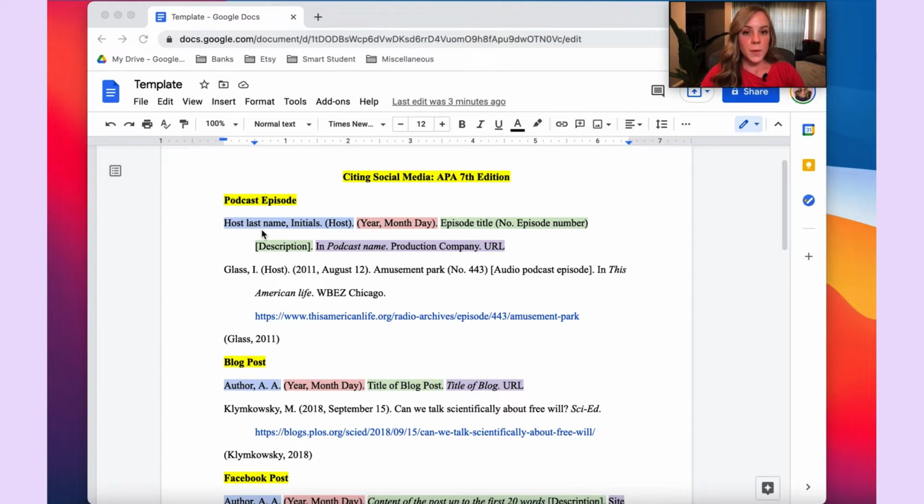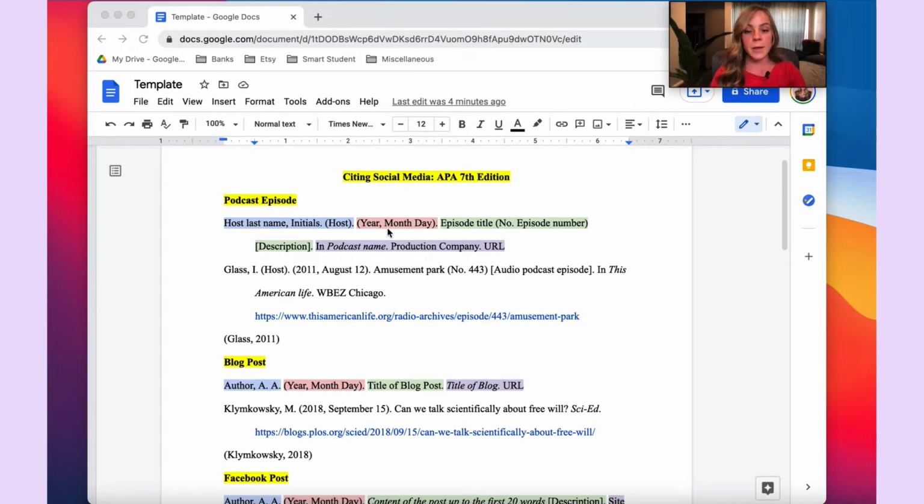episode. Starting with the author element, since this is a podcast episode, you're looking for the host information. Now, please note how you also need to include the word host in parentheses. While it may not be apparent why you do this in the template, if you look down here in the example, it's because, well, when you include the host's information, it's going to look like any other author element. And so that's why you want to clarify that this is the host and we're referencing a podcast.